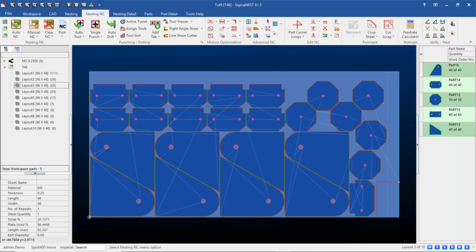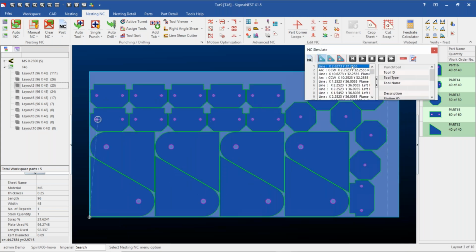And then when I go through my sequencing of this, here you can see